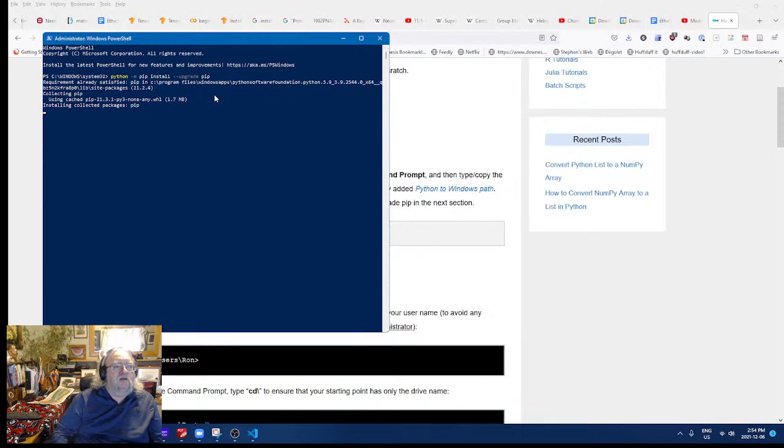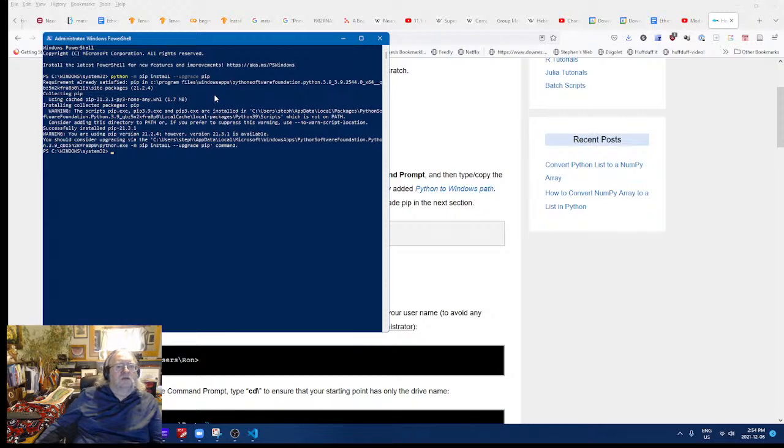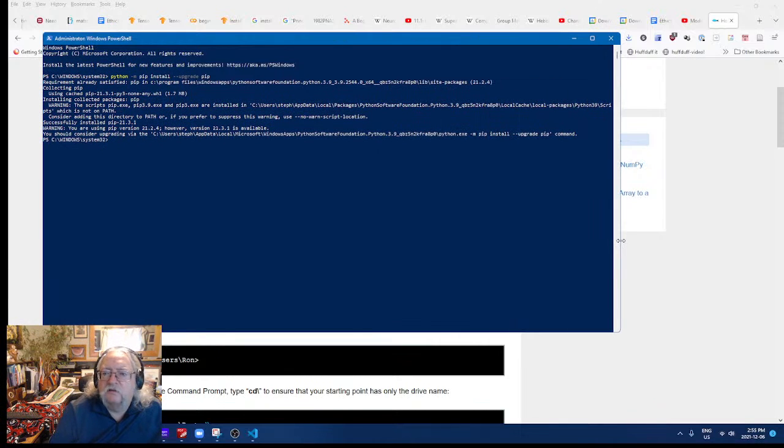It'll run it for the entire system. Warning, you are using pip. Okay. Here we go. Upgrading via the... Well, I just ran that program.